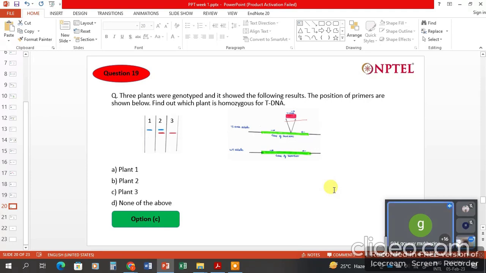Sir, so how are you determining which one will be for the homozygous condition? That I want to know. Okay, so in case of the